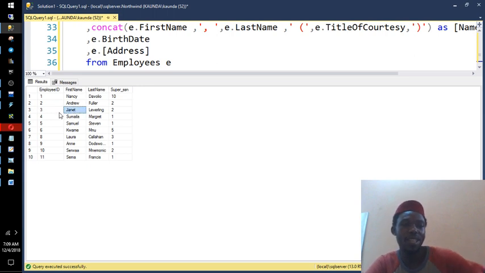So if you take Janet, his ID is 3, his supervisor is 2. That means he's Fuller, this Andrew. And then if you take Sumaila, his supervisor is 1. Who is 1? Nancy. If you take Samuel Steven, his supervisor is 1. Who is 1? Nancy. If you take Kwame X, his supervisor is 5. Who is 5? Samuel Steven. So basically, if you take the lady with protocol, his supervisor is 3. Who is 3? Janet. So the same, if you take Sima Francis, his supervisor is 1,